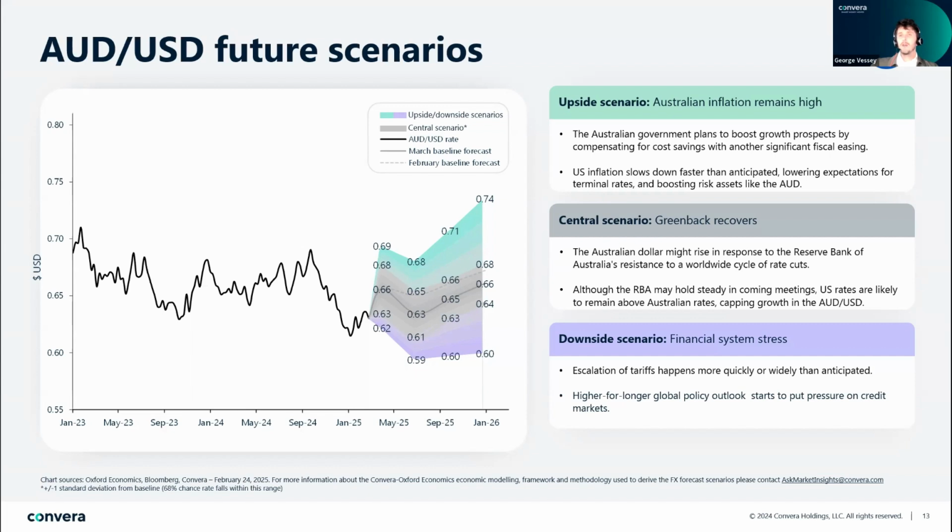Moreover, if the scenario on US protectionism does materialize, then the RBA will probably have to support the economy more and could cut rates more. Hence, we see the lower level of the central scenario panning out over the next few months, with 0.61 a potential downside target.